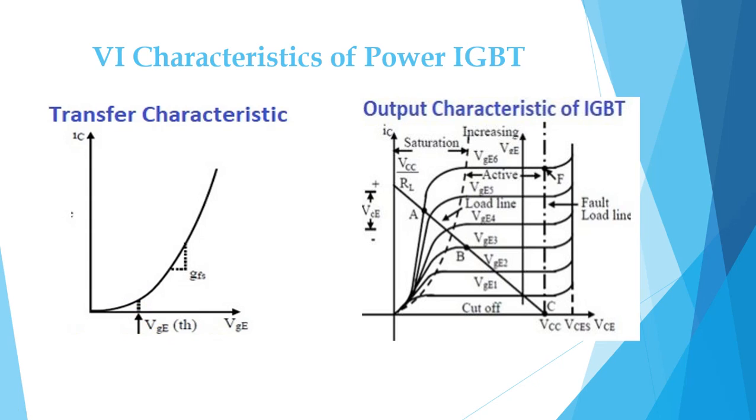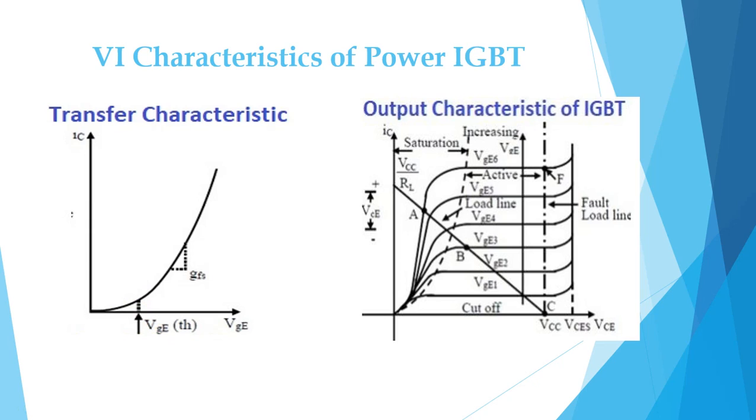Here we can see that before the threshold voltage value, no current is flowing through the device because the J2 junction is in reverse biased manner. It doesn't allow the current to flow from collector to emitter. After that, avalanche breakdown occurs after the threshold voltage is applied across the device. Immediately the junction J2 breaks down and allows the current to flow linearly like this. We can see the current values in the transfer characteristics.